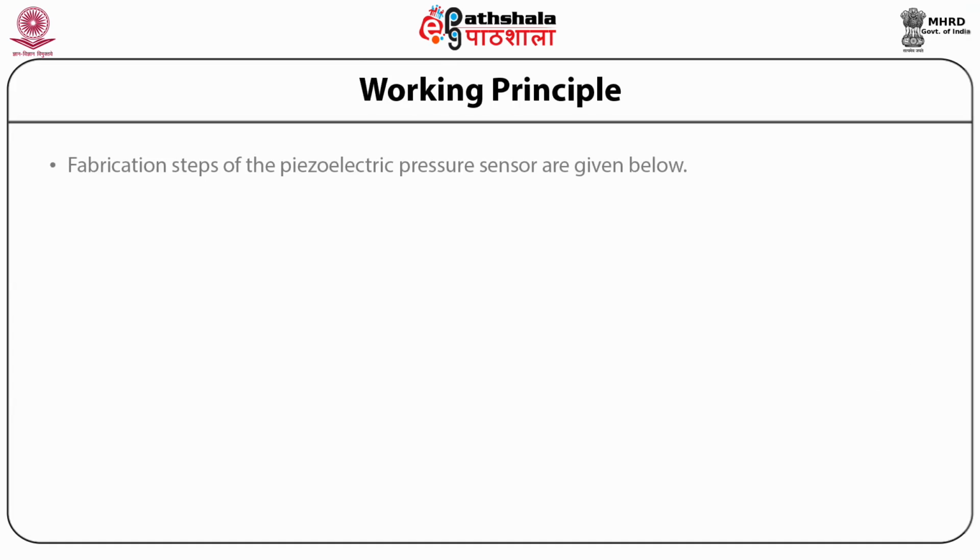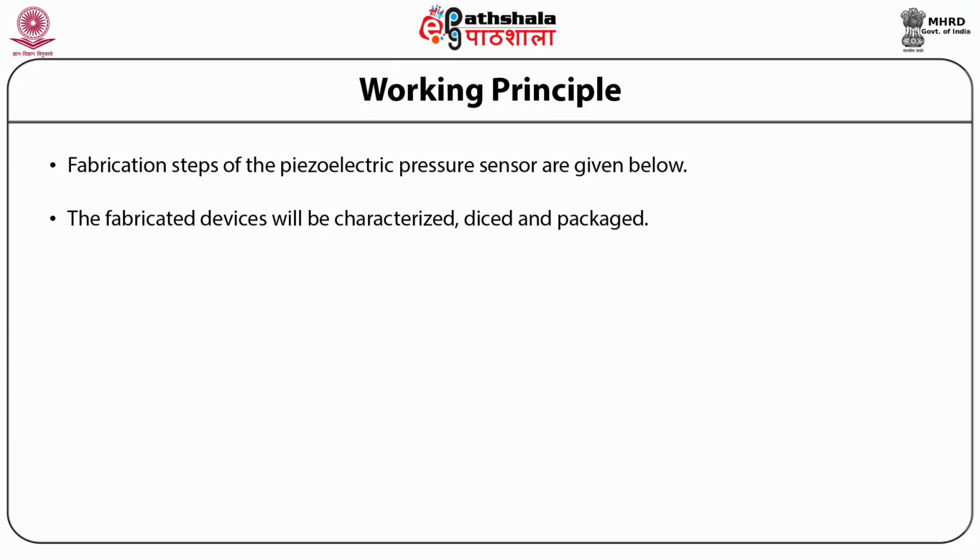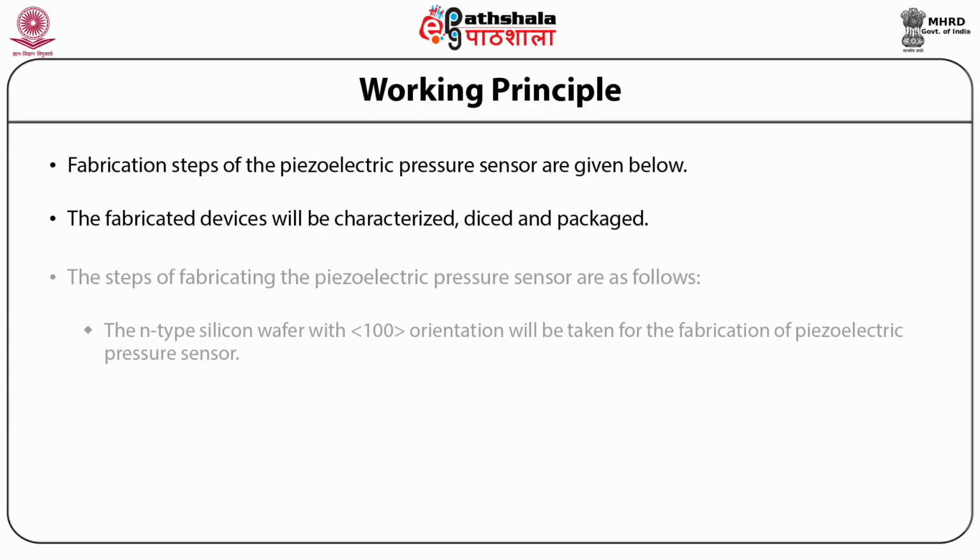Now come the fabrication steps for the piezoelectric pressure sensors. The fabrication steps are shown here. Zinc oxide, as we have discussed earlier, is taken as the piezoelectric thin film. The fabricated device will be characterized, diced and packaged. The steps for the fabrication are: first, the N-type silicon wafer with 100 orientation will be taken for the fabrication